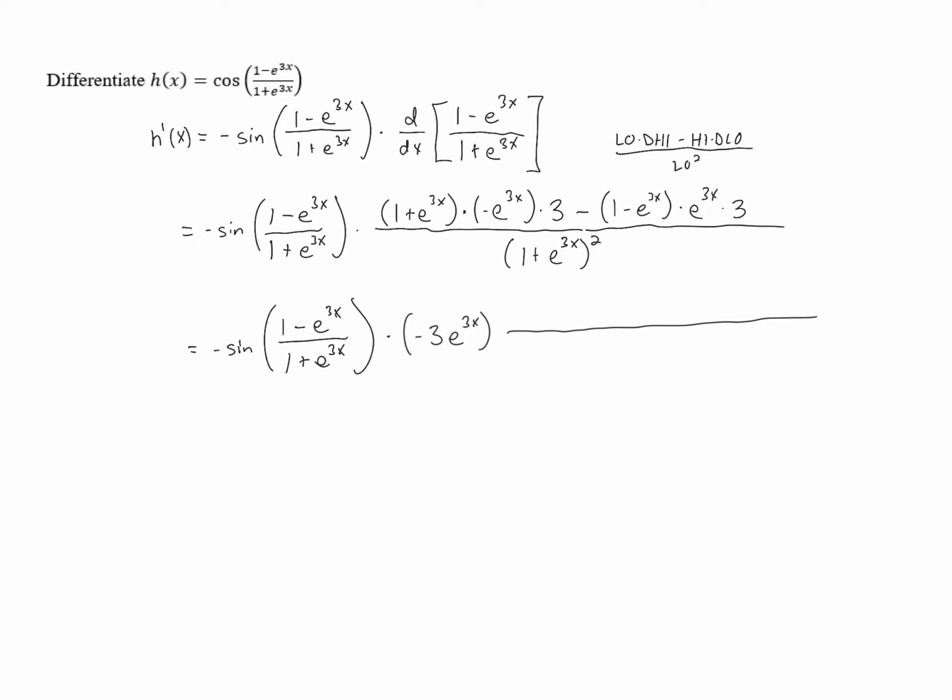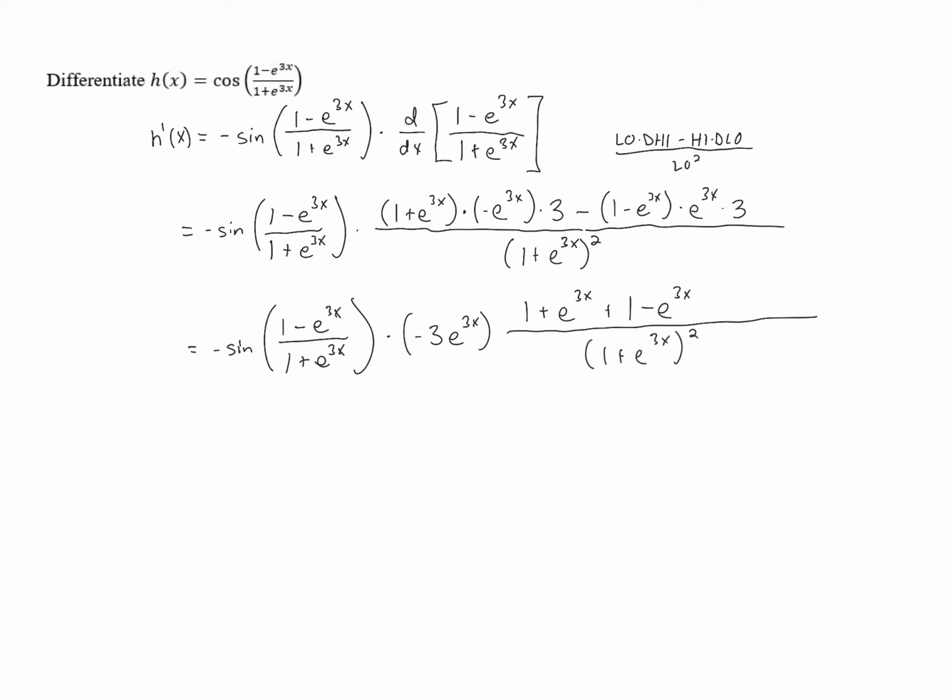And when we do that, in the first one, we factored all of this out, and we're left with 1 plus e to the 3x. And then for the second bit, we factored out the 3e to the 3x and this negative here, and so we're left with 1 minus e to the 3x. And that's going to be positive, because we factored out that negative earlier,